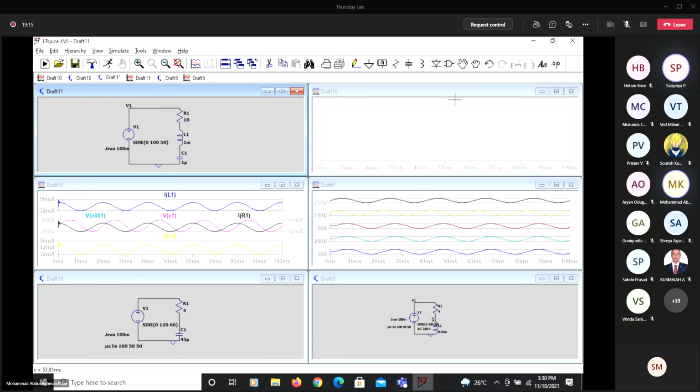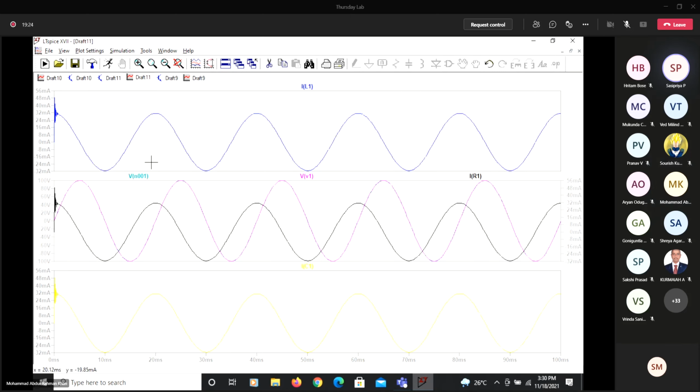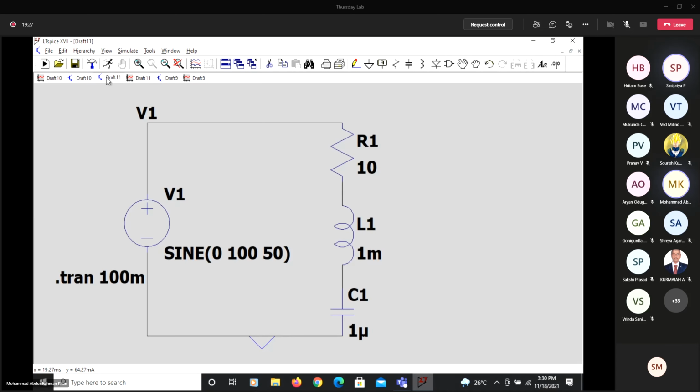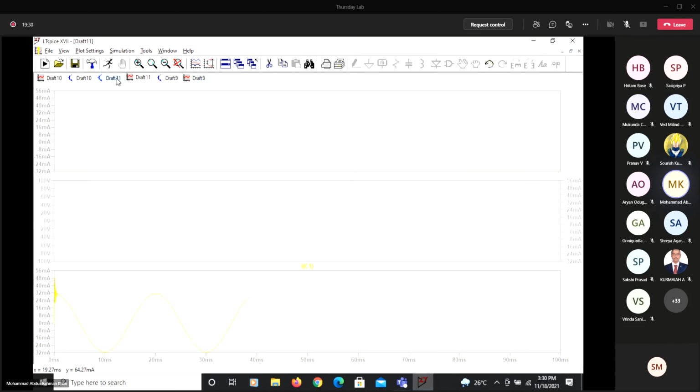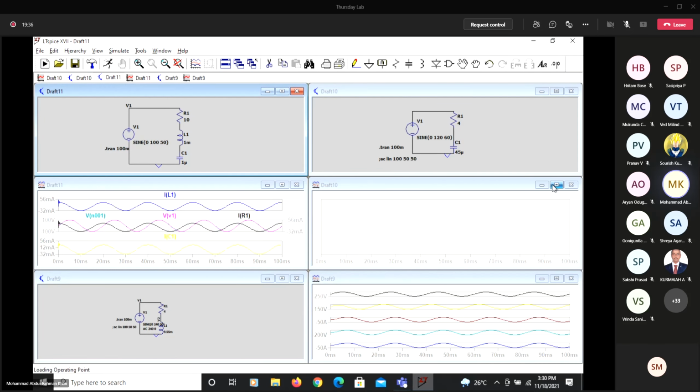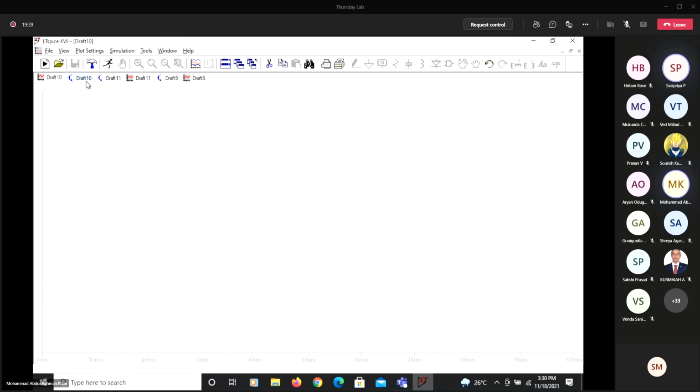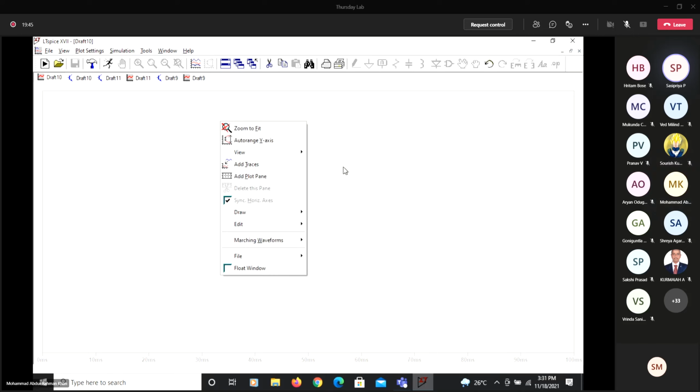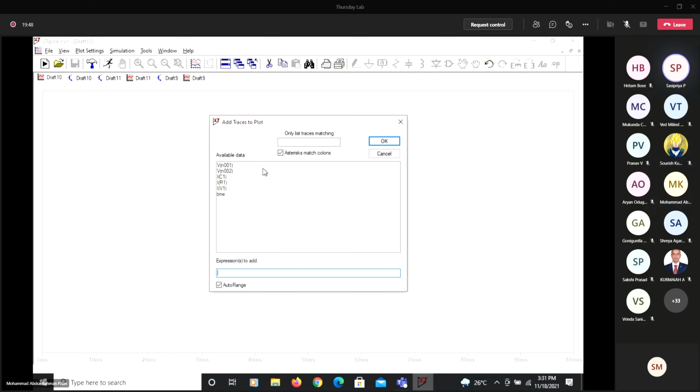You can plot there itself. Just maximize the window. I'll tell you how to plot it. Not this window, an empty waveform window, no? Yeah, okay, so now right click. Add traces. Now you choose V of V1 and I of R1. So V of V1 is not there. Anyways, V of node 1 only, and I of R1. Okay. Click OK.